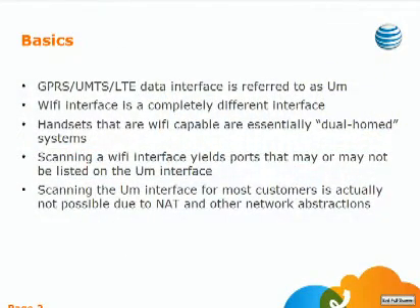So for starters, the most important thing I think people should be aware of is a handset is basically a dual-homed node at any given time if it supports Wi-Fi. So if you're used to thinking of computers that have multiple NICs and connections to multiple routers or multiple networks and what that might mean, a handset basically functions in a very similar fashion. The mobile network interface, the interface that faces our towers, is in GSM nomenclature referred to as the interface. And the Wi-Fi interface is pretty easy to understand. It's the 802.11 radio that you might be able to interact with via a Wi-Fi hotspot.